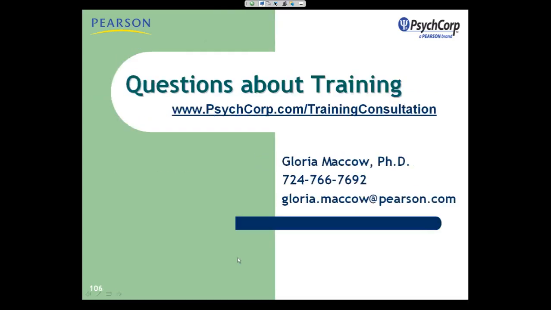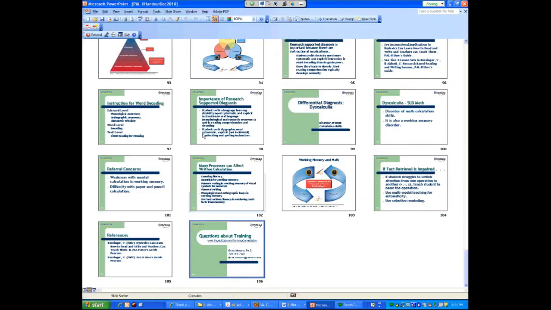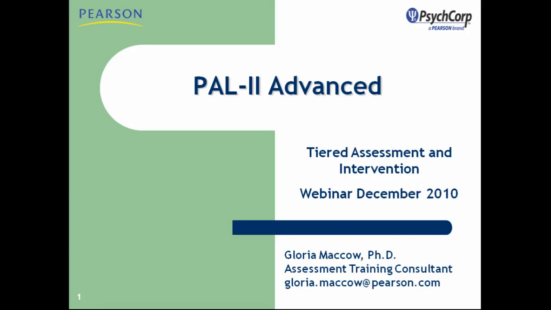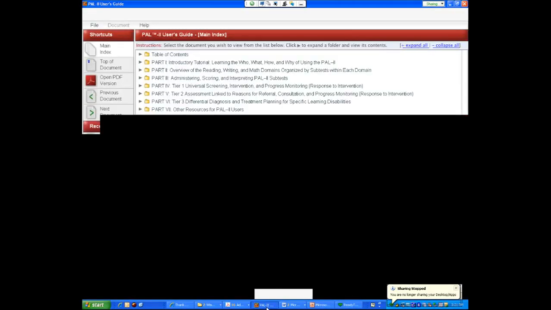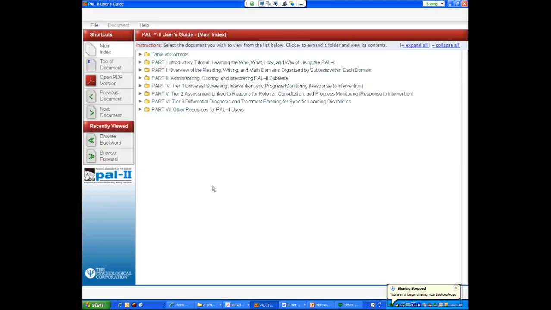Okay, let's see here. All right, I want to show you where I got most of this information. Most of this information is coming from the PAL2 User's Guide. And if you have the PAL2 kit, the PAL2 User's Guide comes on a CD-ROM in the kit itself. The PAL2 User's Guide includes everything I just talked about, and I sent you the table of contents, which is